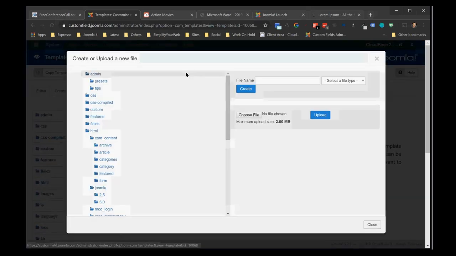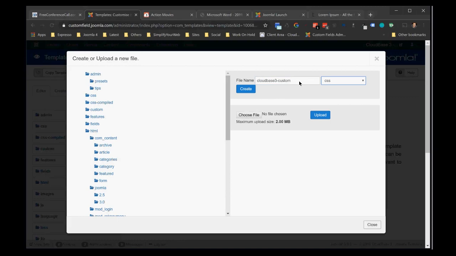Remember, you want to have already done your research ahead of time. Don't just start creating files if you don't know exactly where to put it. The file name is going to be that file name that I had on that prior page. So I'm going to bring that back up again. It's cloudbase3-custom. And then you select the file type of CSS. You don't have to put a .css there. Do not hit create yet. Do not touch anything yet. You have to select CSS on the left. And I have that on page 13